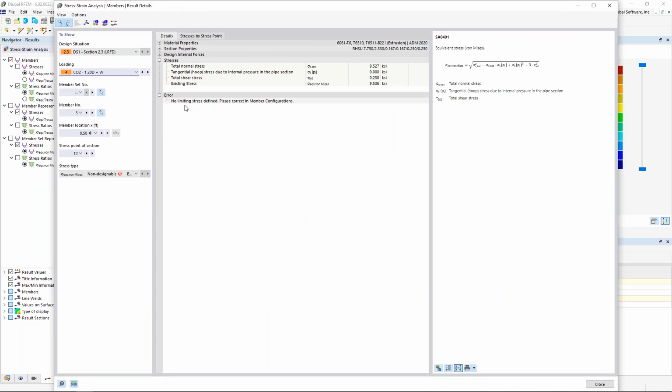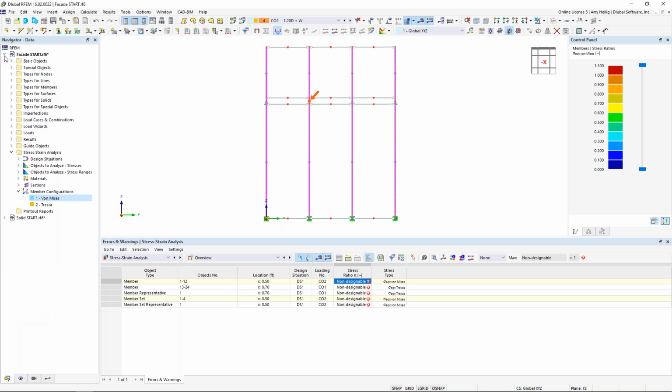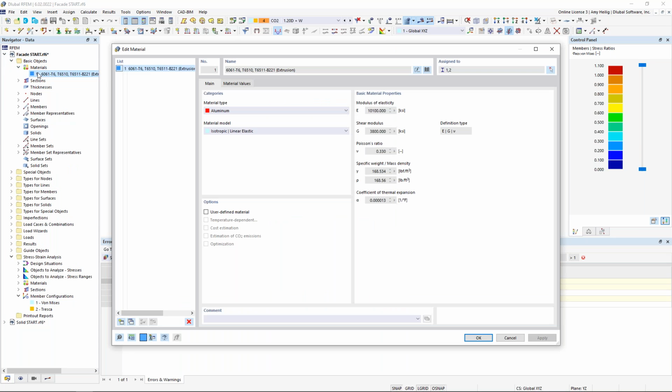And this is going to give me a little bit more information. It tells me no limiting stress defined. Please correct in the member configurations. Well, if we refer back to our aluminum material, and I'll visit this here under the basic objects, the materials,